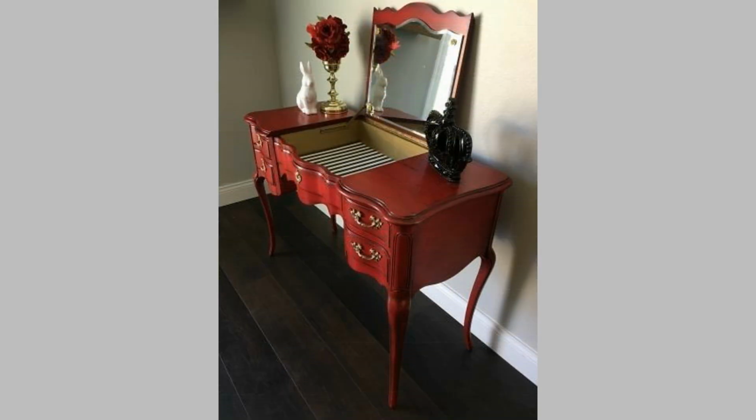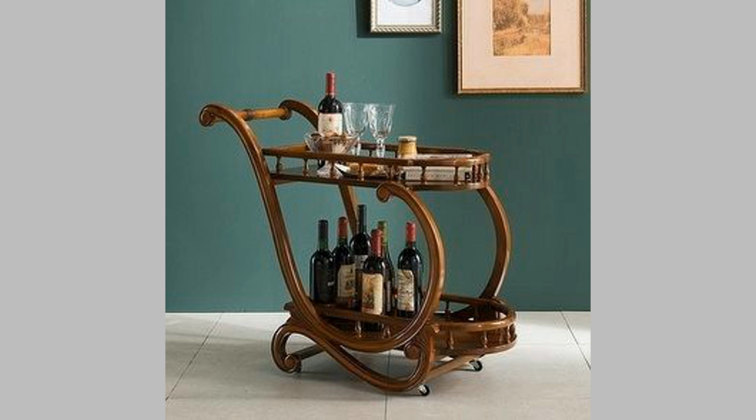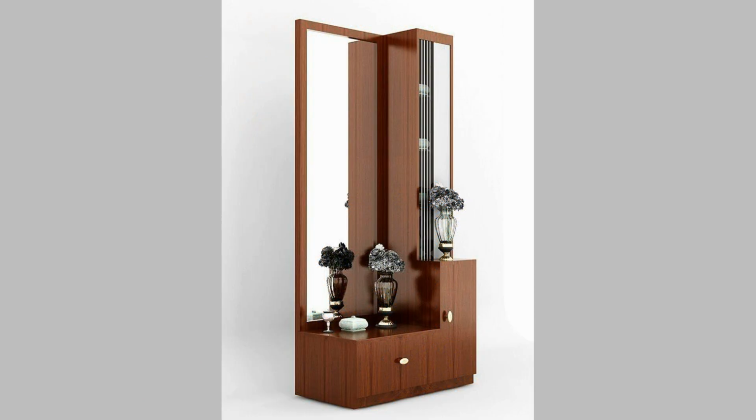Lastly, wood can be used to create organizers and storage solutions. From jewelry organizers to kitchen racks, wood can help keep your space neat and organized while adding a touch of natural beauty. Whether you're looking to add a natural element to your home decor or tackle a new DIY project,